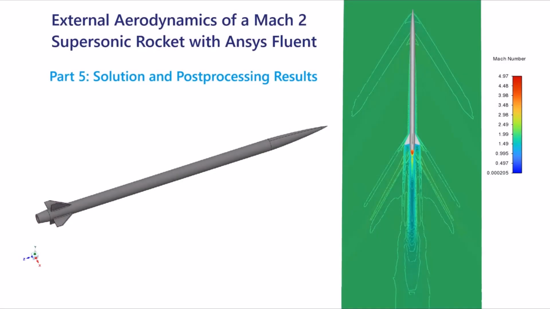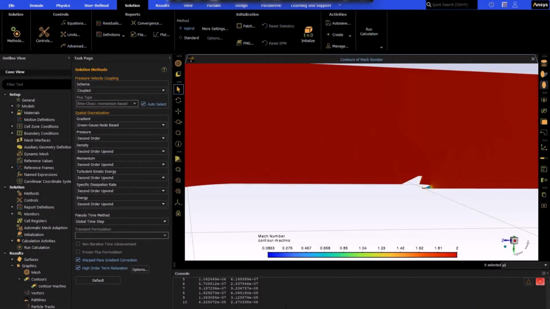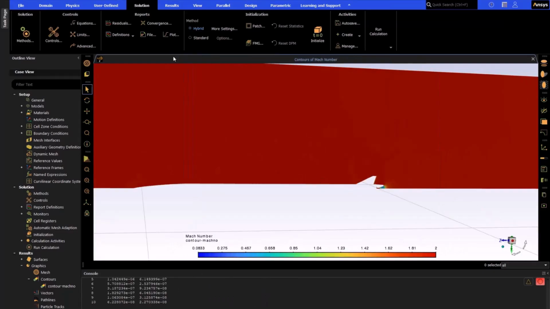Welcome back to this video series of simulating a supersonic rocket with Ansys Fluent. In this video, part 5, we'll follow the solution process, assess convergence, and post-process the results with both numerical quantities and results visualizations. With the solution initialized and the Mach number contour shown for reference, we'll start the simulation by